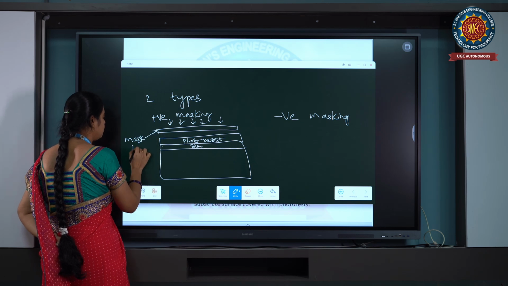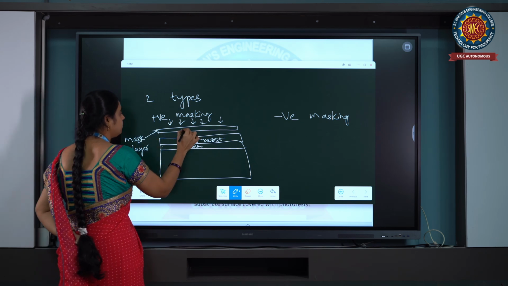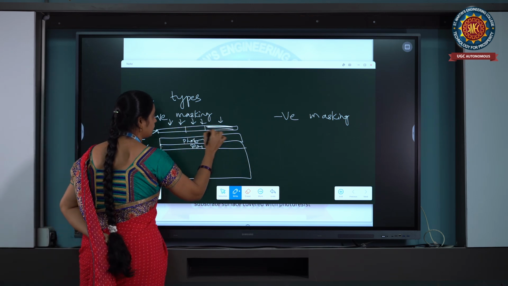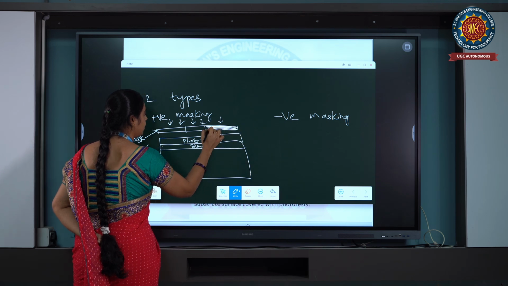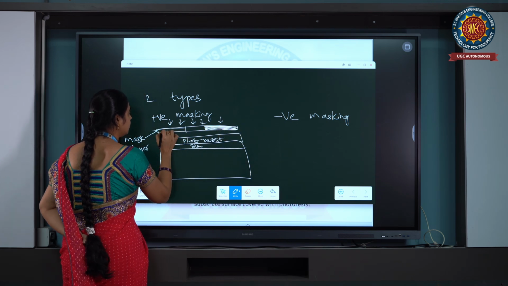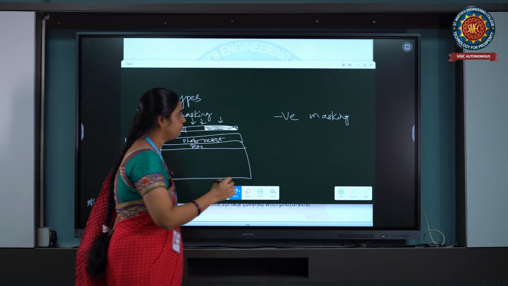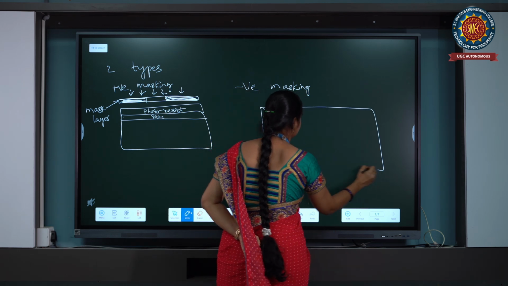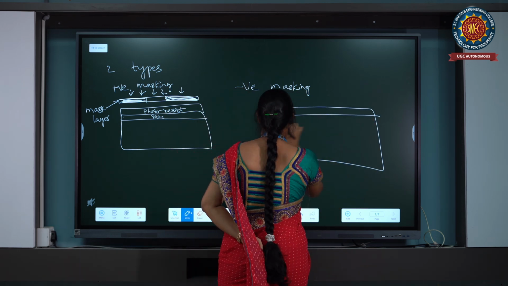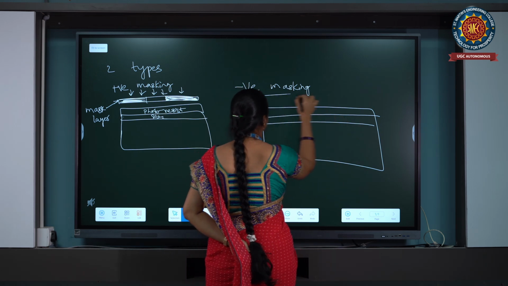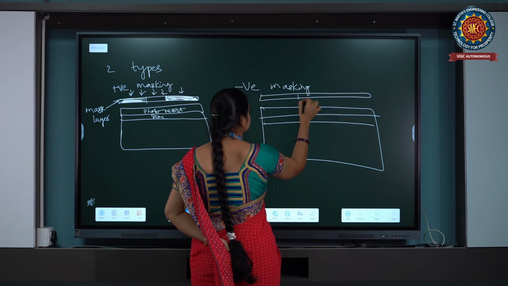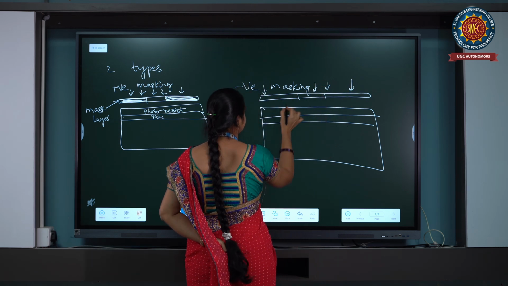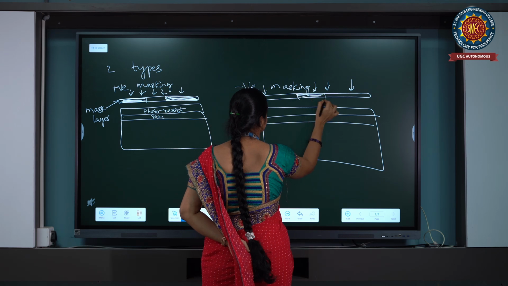And coming to the positive mask, what will happen is, the place where we have kept it transparent, at the middle, will become our masking layer highlighted area. The place where we are highlighting would be our targeted area to form the gate region. So, consider here what the differences are between positive mask and negative mask. Let us see the difference between positive mask and negative mask.